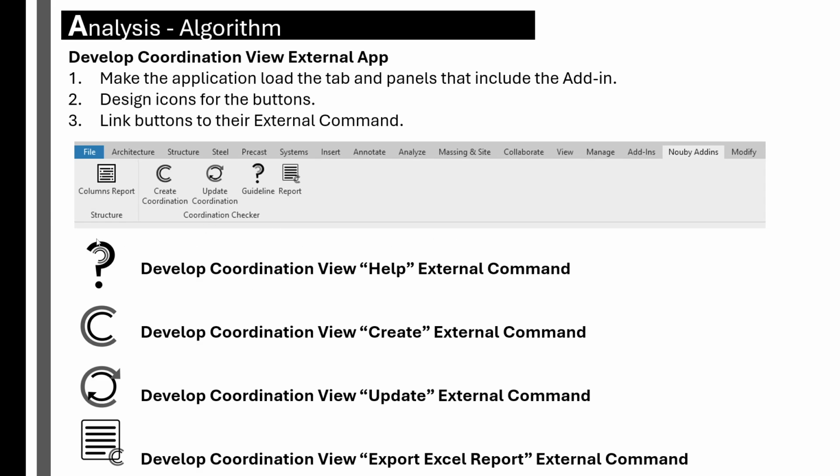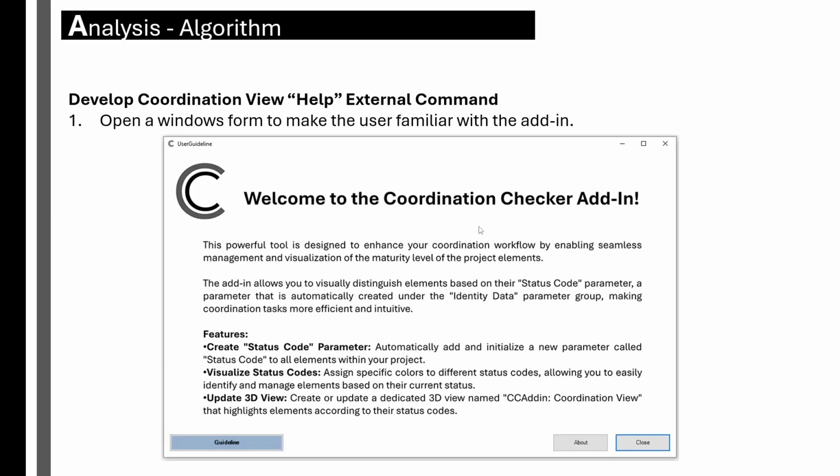This is the help for the guideline, this is the create, this is the update, and this is the export Excel report. First of all, the help external command simply opens a window to make the user familiar with the add-on. It tells the user what the add-on is, and this is the workaround here. When the user presses the guideline,